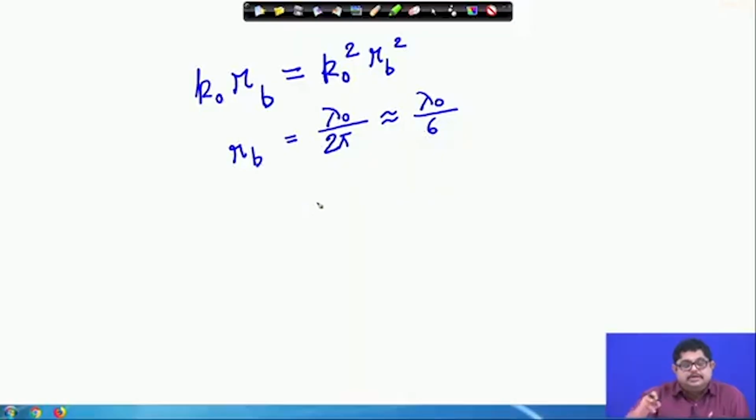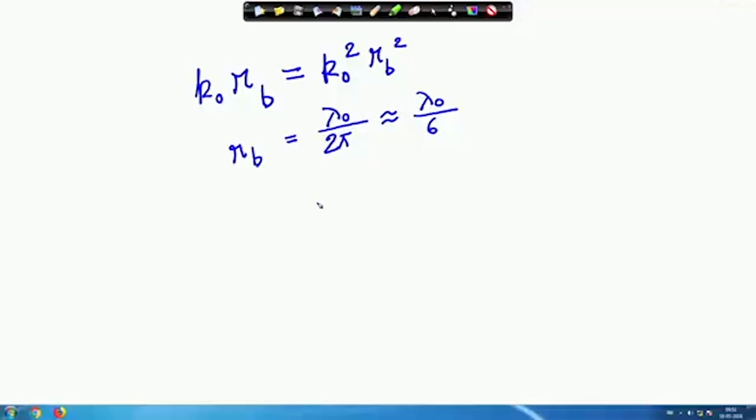So, magnetic field is only having an azimuthal component, magnetic field has two terms, one is induction field, another is far field. Now, the boundary where the far field starts dominating the induction field is roughly at a distance of lambda naught by 6. Now, let us come to